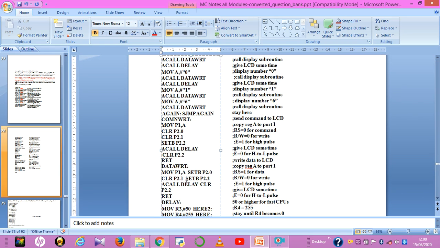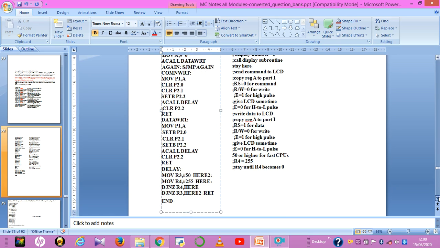Again the same thing, I'll go for the data subroutine, how it is going to send the data through the port. That's what I have written here, and finally the delay, I have given the delay. So these 3 subroutines should be right after the end of sending the characters.